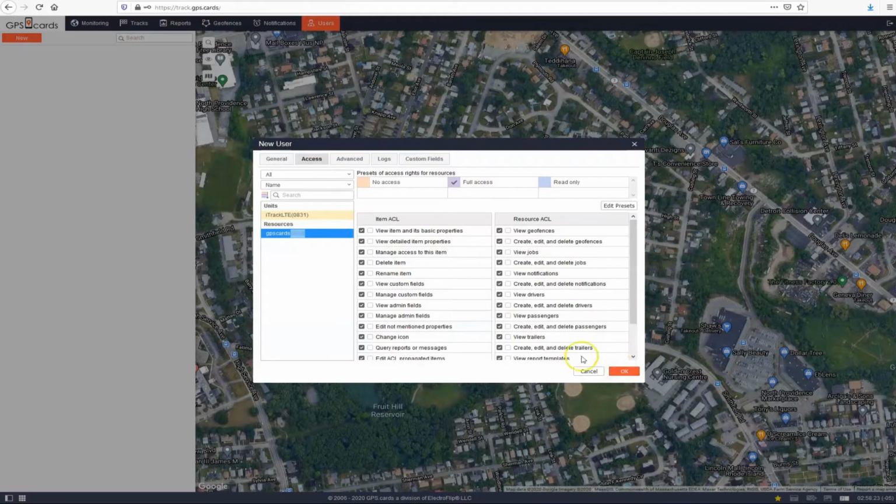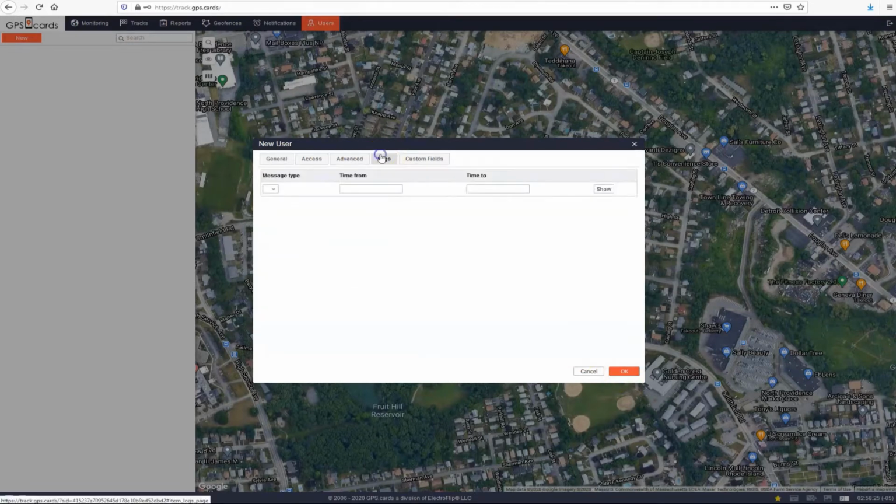And we will click the rest of the settings, pretty much not too much concern. It's more about the general access, and then the custom field if you want to label this as maybe user Ted, or some full name of the individual who has access to this account. Logs, not much use. This is for future use. Not much use for a sub-user, and not much use for advanced options for a sub-user either here.